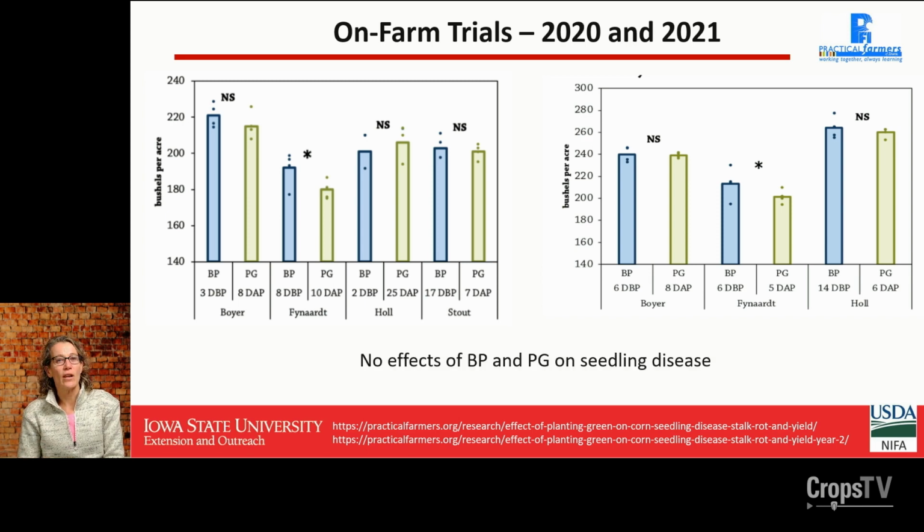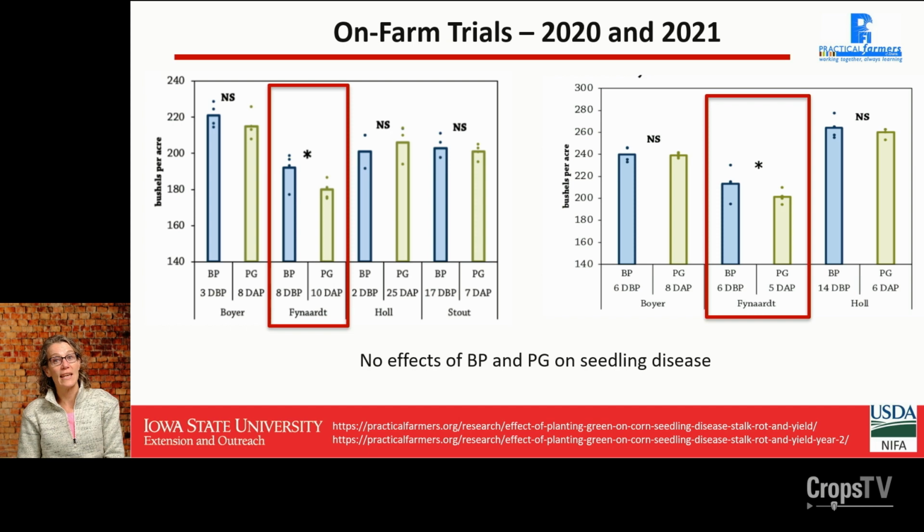And at only one farm did we see an effect of planting green on yield, and that happened to be the same farmer in both years. What was interesting about that farm was that there was a lot of biomass in the spring, much, much more biomass than the other farmers who we visited. And we've been thinking about this whole biomass thing. And one of my